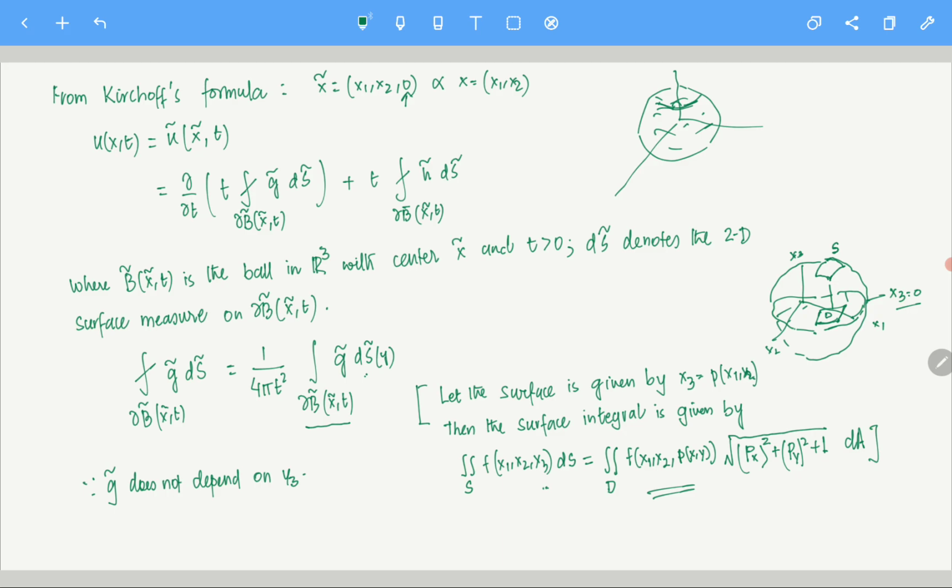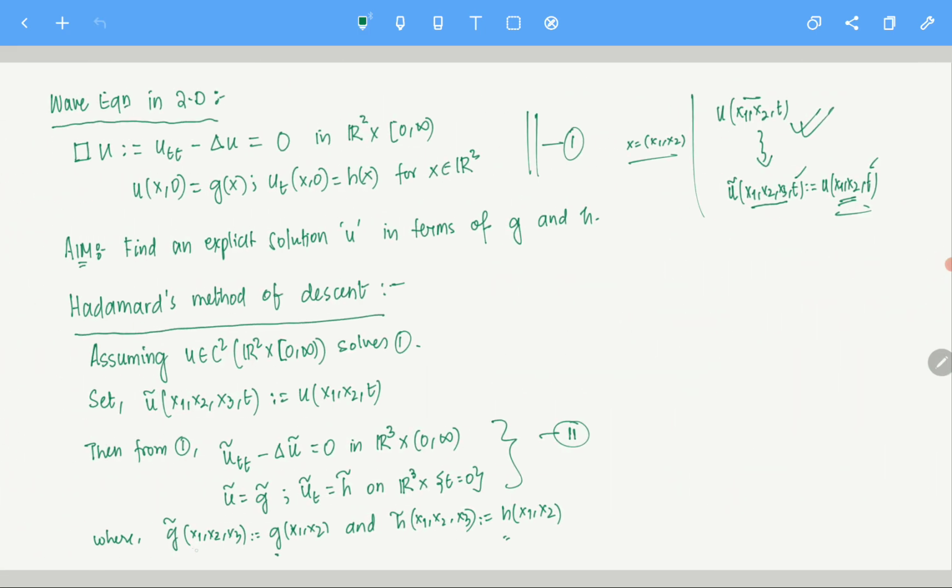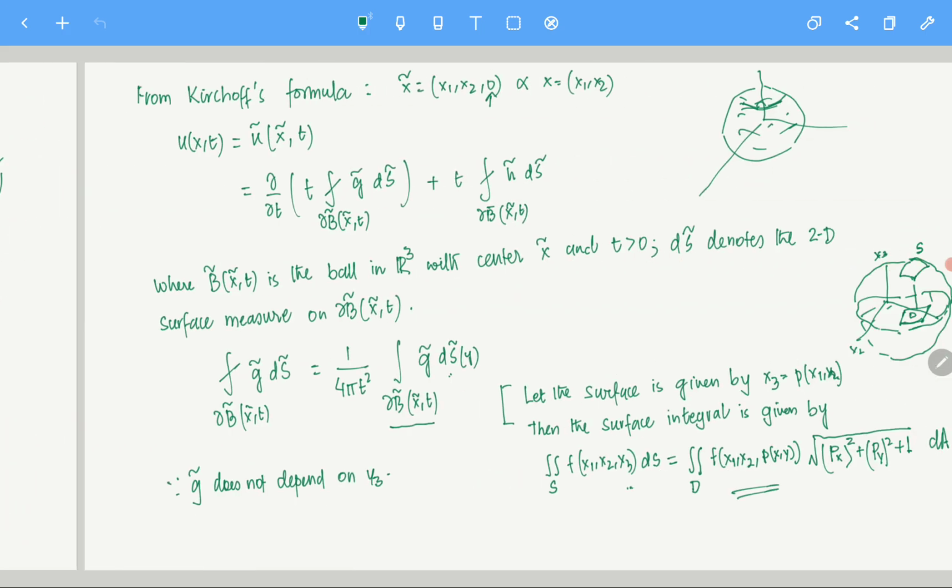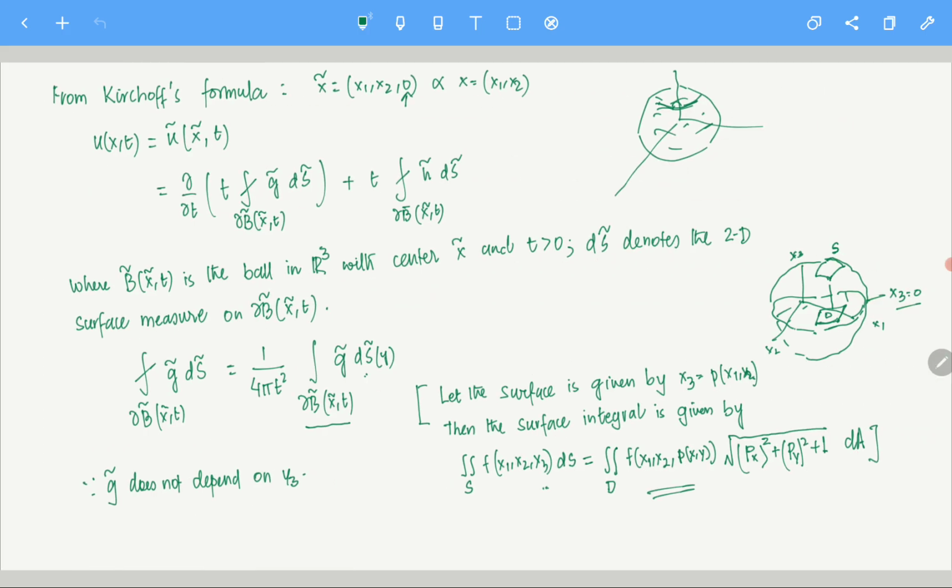Clear? Because g tilde of x1, x2, x3, if you replace it by y1, y2, y3, is independent of the third variable. So if it does not depend on y3, then this integral